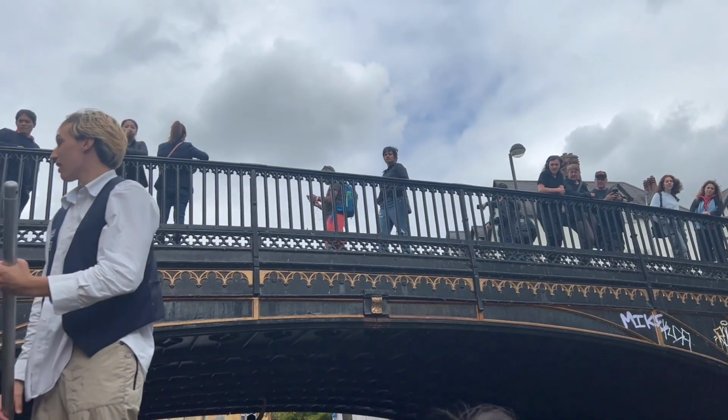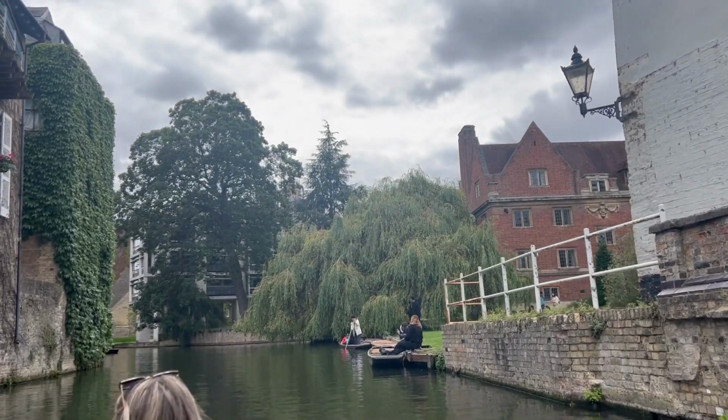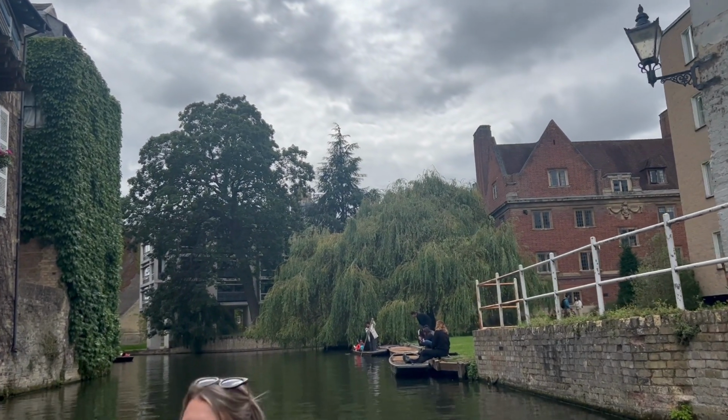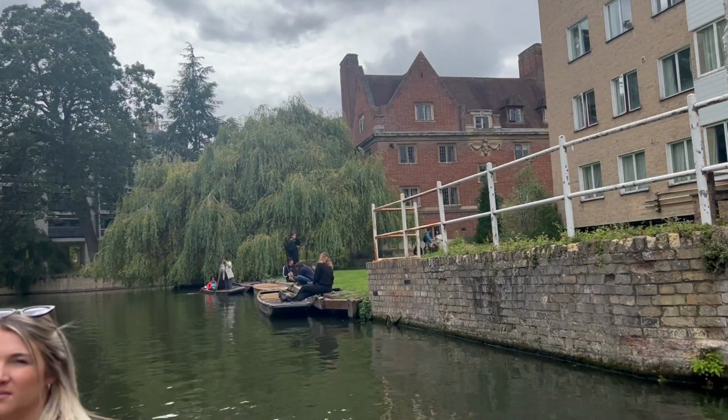But to be honest with you guys, I still cross my fingers when I see 2 buses. The river Cam is usually between 4 and 6 feet deep. This is actually the deepest part, somewhere around here. You can get as deep